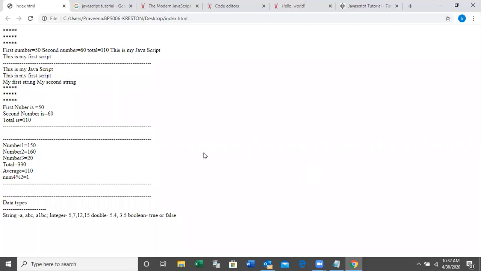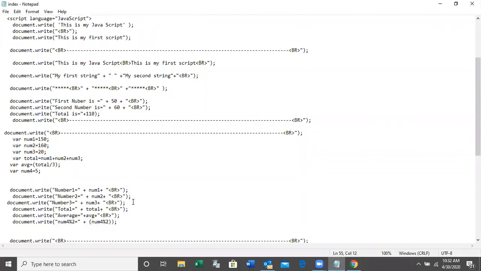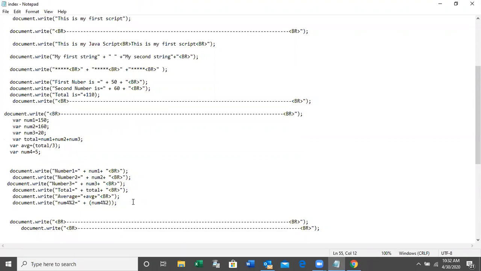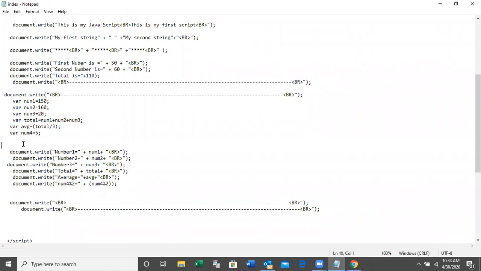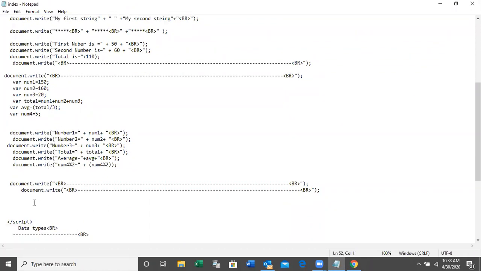Right. So this is the number variable. Now we can see how to calculate the area of a rectangle.